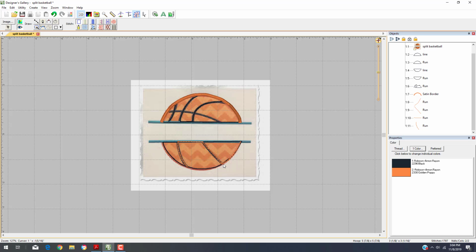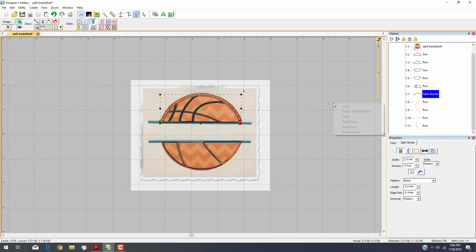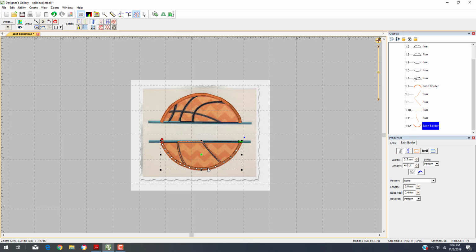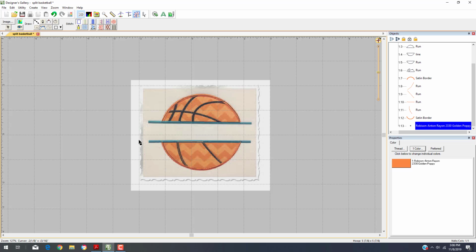So now all I need to do to cover up this is grab this top one. They're identical right here. Copy. Paste. I'm going to go ahead and do our last 2 lines. These are easy to do. If I click on this line, I can see I stopped right here. So I'm going to start on this side. Grab the same tool we had from before. Click, hold down Control, click,